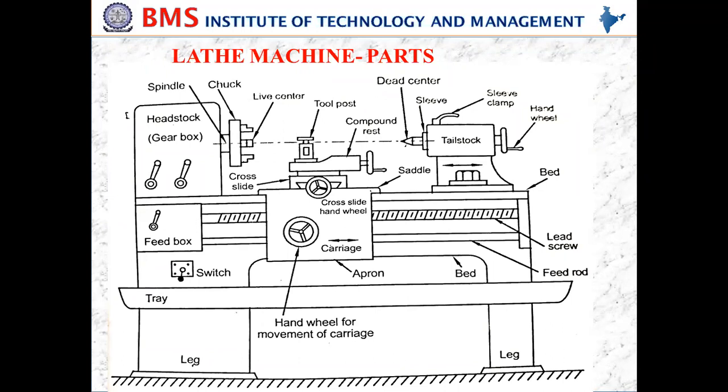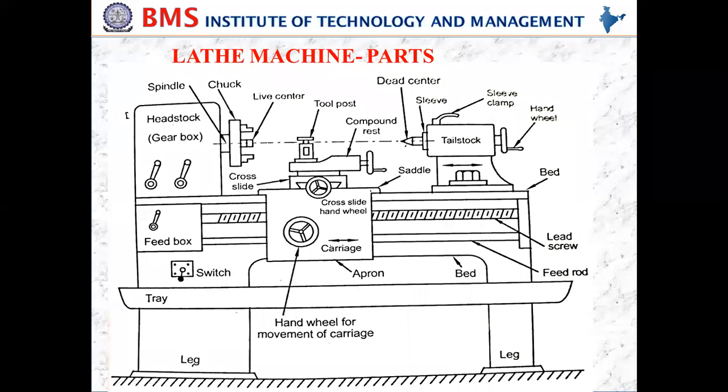And the tailstock can be made to slide along the bed. As I told, the carriage and tailstock both move on the guideways along the bed, and it can be clamped at any point and at any location. See here, if you look at this nut, it can be loosened and then moved to and fro on the guideways, and clamped at any position, so as to accommodate workpieces of different lengths.